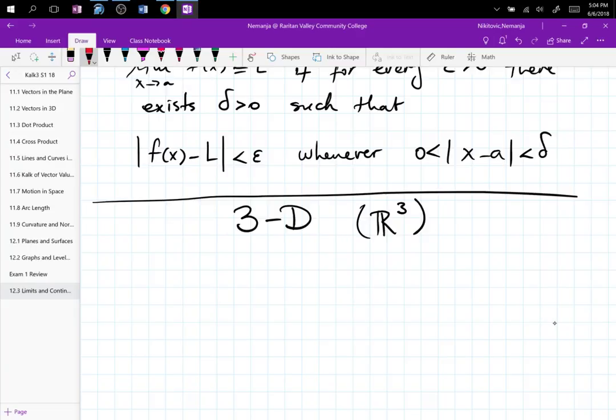So here we go. The notation is the limit as (x, y) goes to (a, b) of f of x, y is equal to L